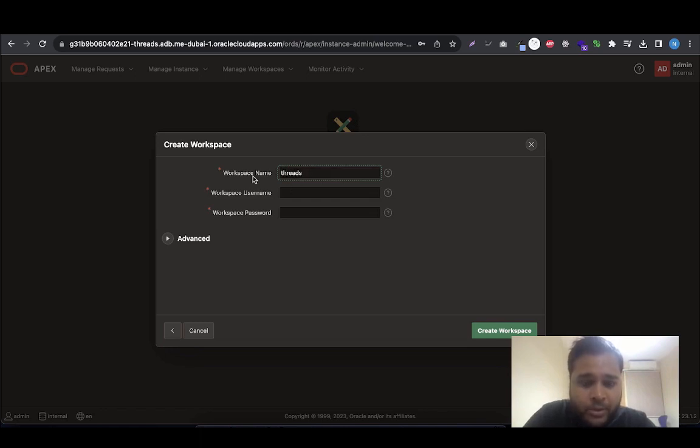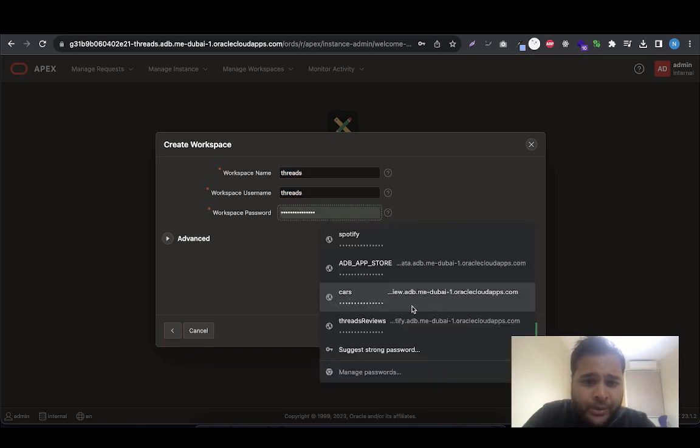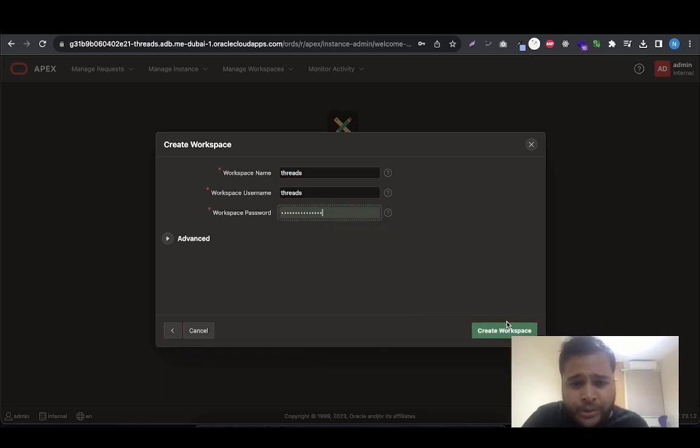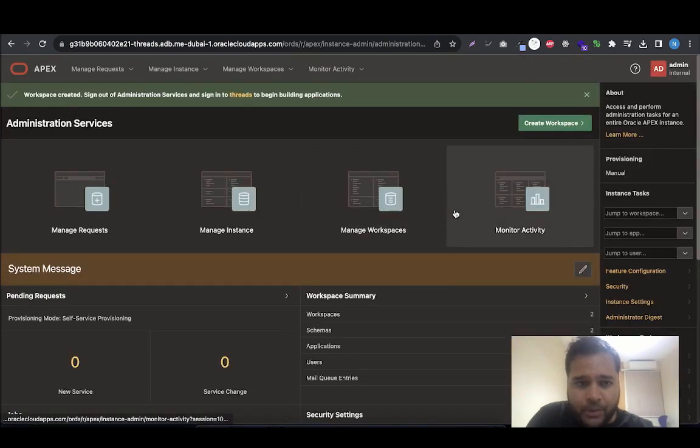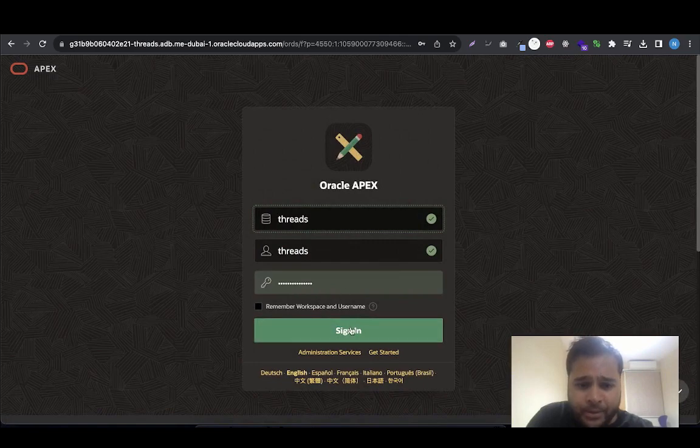Okay, I'm also going to name this Threads, and you want to use your password, and then we're going to create a workspace. Once you've created the workspace, you want to log into it. Once you sign into it,